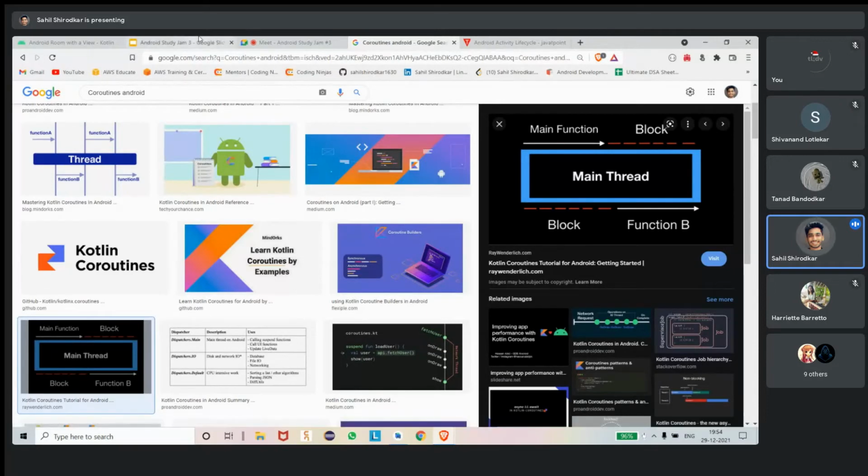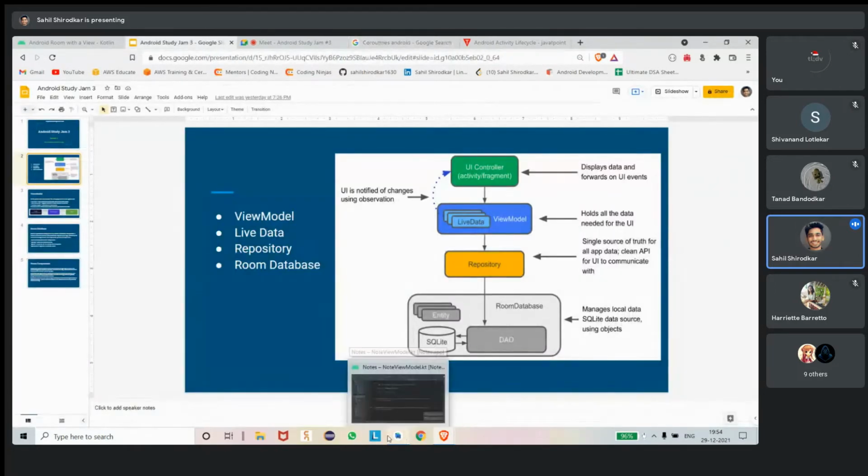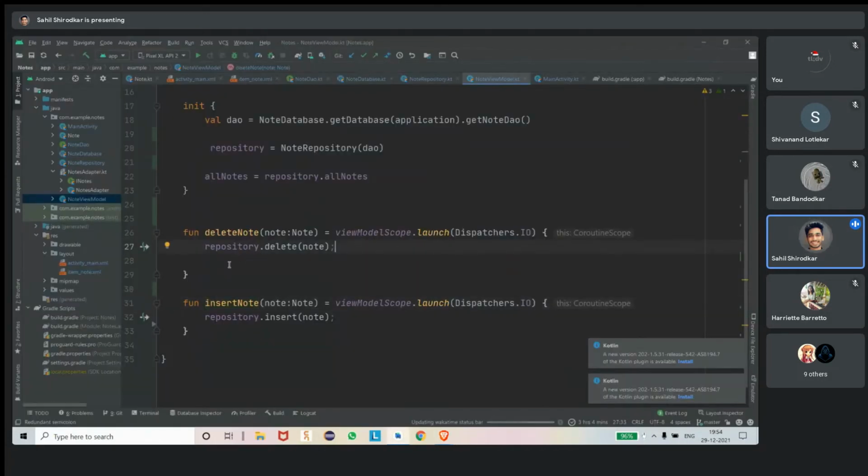So that's why what coroutine does is, coroutine runs that operation on a background thread. Whenever you write anything inside the coroutine scope, this operation will now be done on a background thread. That means whether it takes 2 minutes or 2 seconds or 1 minute, we can just run our app in the meantime. We can do anything on our app at that time. Our app screen will not get blocked. This operation will be done on a background thread. Similarly, the same for insert and delete: because we are using coroutines, this operation will be done on a background thread.